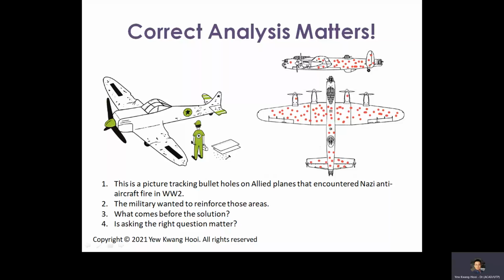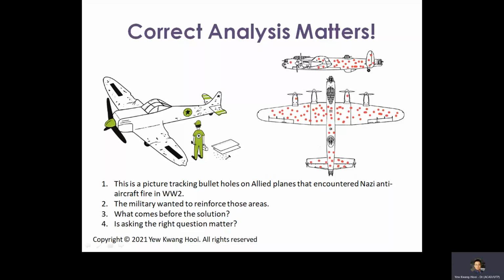Because they do the analysis wrongly. The method used is wrong. This is noticed by a mathematician by the name of Abraham Watts. Abraham Watts observed how they do the analysis, and he said, your analysis method is wrong. You shouldn't investigate aeroplanes that have survived. You should go find the wreckage, aeroplanes that have been shot down. Yes, they are maybe in enemy terrain, but you need to find the wreckage and find where the airplanes get